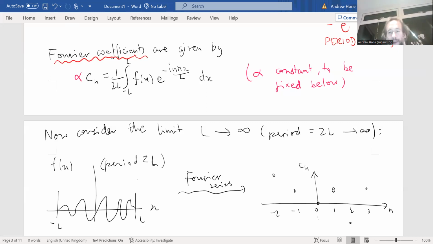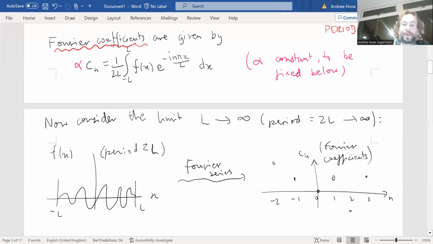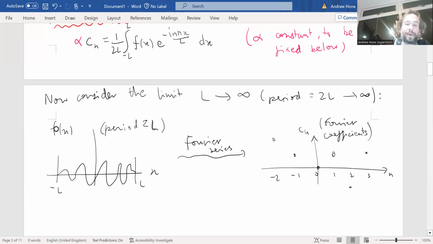And really, they might be complex numbers as well, so I wouldn't be able to plot them on a graph like this, but these are the coefficients. So what happens in the limit